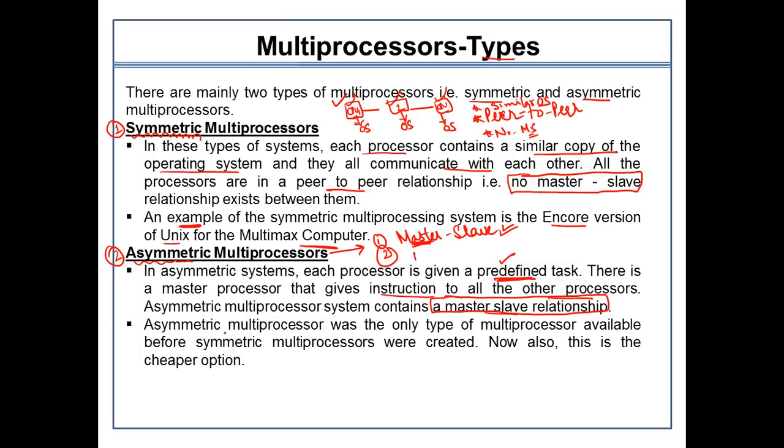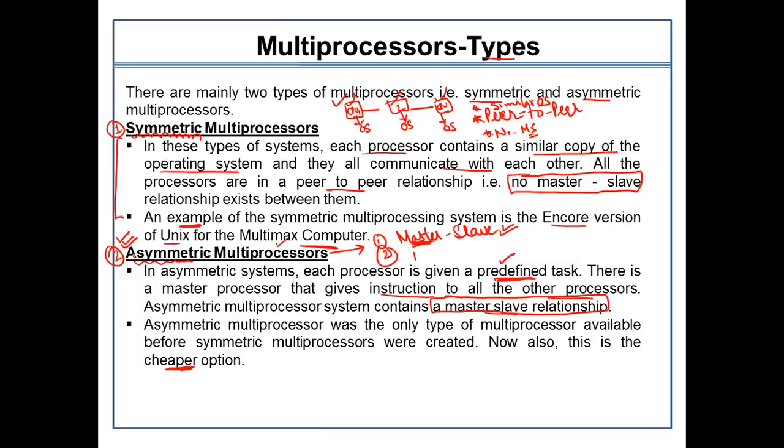Okay, so basically when we started learning about multiprocessor systems in the very beginning, these were the only kind of multiprocessor systems being created or existing. That is why they are also the cheap option. Then later on, the symmetric multiprocessors were defined and came into the market. Accordingly, they started defining their own terminologies and working on their own characteristics. So asymmetric ones were the first to be developed.